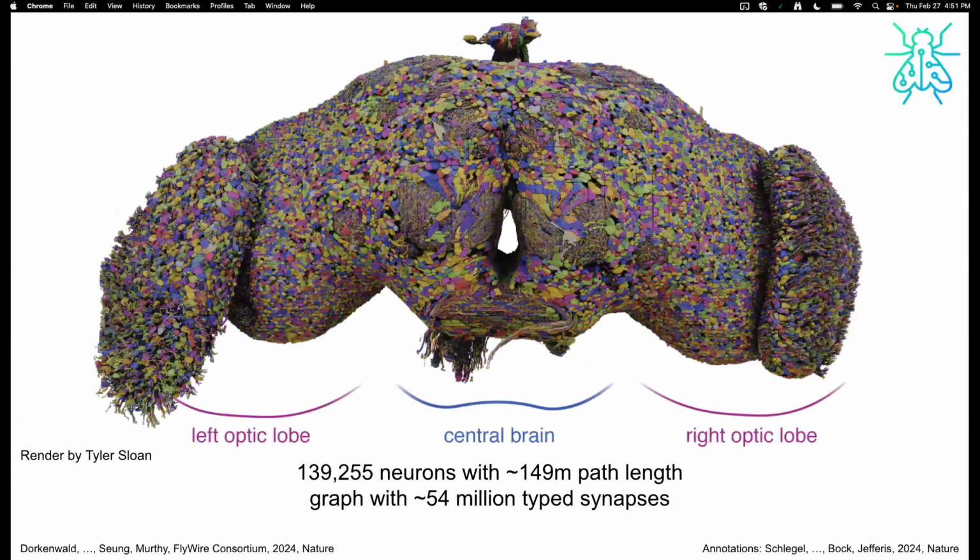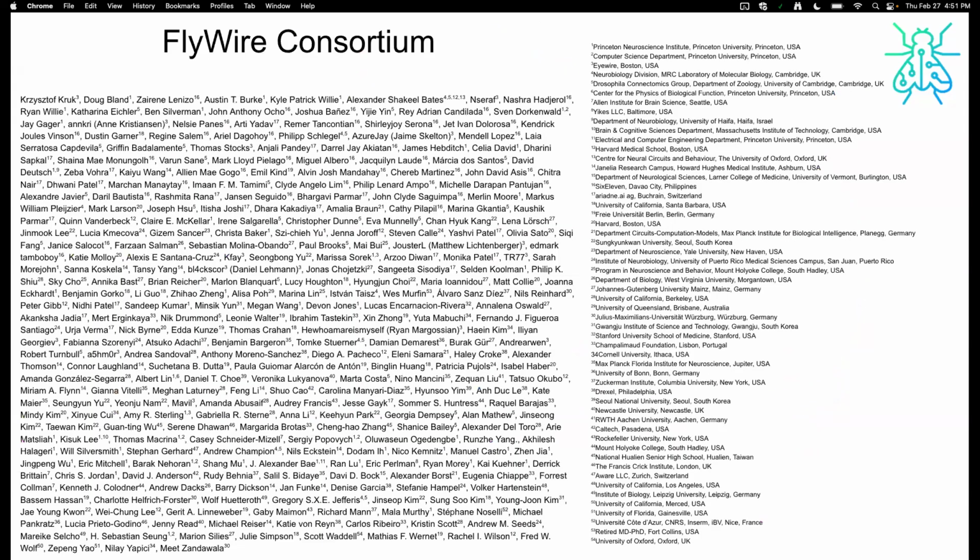And together we proofread all the 140,000 neurons with over 50 million synapses in this data set. And I really want to highlight that there were a lot of people that contributed to this resource. Most people through proofreading, but many also through contributing tools for analysis or for the reconstruction, the segmentation, and all that. So there are over 200 people, 280 people, over 50 institutions that contributed in some shape or form to